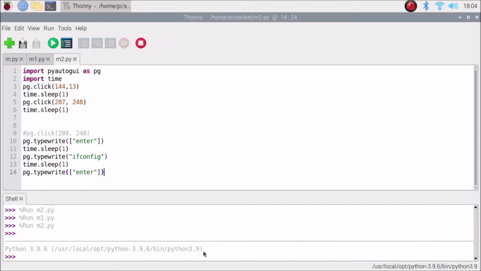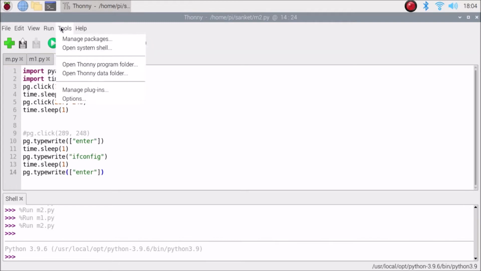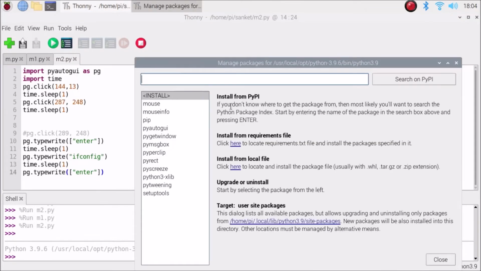Now you need to install PyAutoGUI on the Thonny editor. So simply you need to go again here, tools. Again go to tools, manage packages, and here you need to search for the package which you want to install. We want to install PyAutoGUI right now, so we are going to search for PyAutoGUI, then just hit enter.